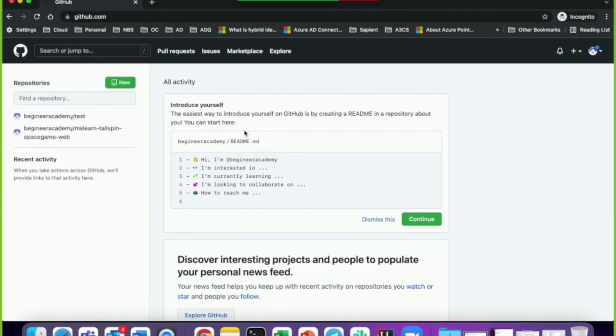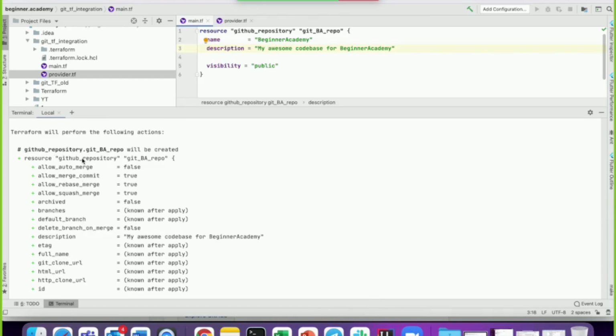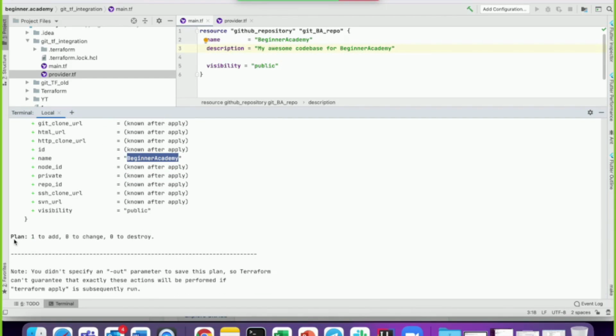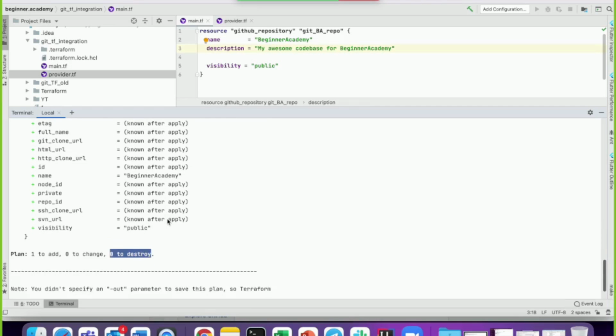It checks whether there is anything we need to do, or any action Terraform has to perform. So it understood there is a GitHub repository by the name Beginner Academy, and it has to create it. If you see here, the Terraform plan said 1 resource to add, 0 to change and 0 to destroy. Meaning 1 resource Terraform has to create.